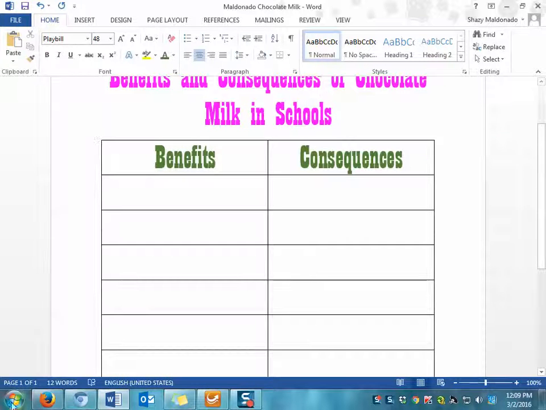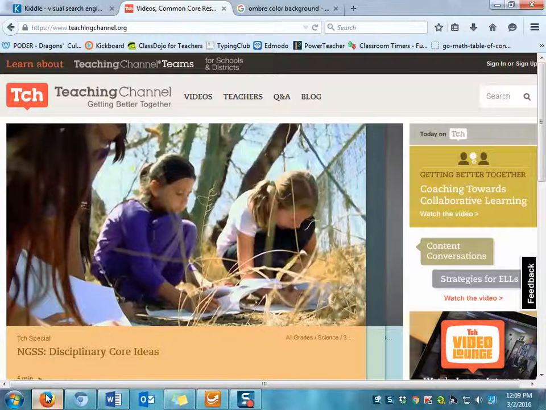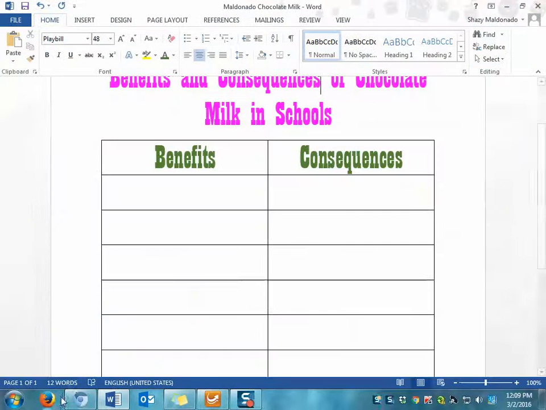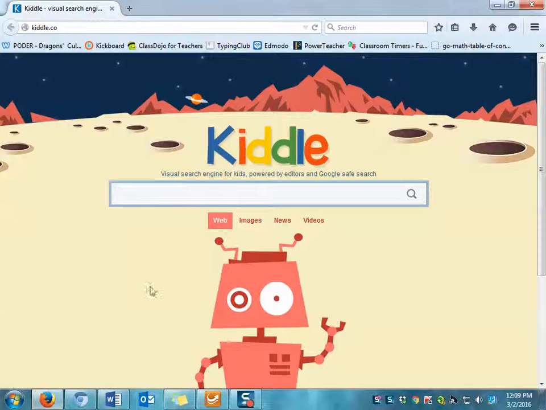I'm going to ask you guys to press Firefox, and it would just open up to your Google. So I'm going to open it up again. Now, instead of going to Google, I just recently discovered this amazing search engine. It's through Google, but it's Safe Search. So this is the website that I want you guys to use. It's kiddle.co. There's no M at the end. Make sure you put Kiddle,